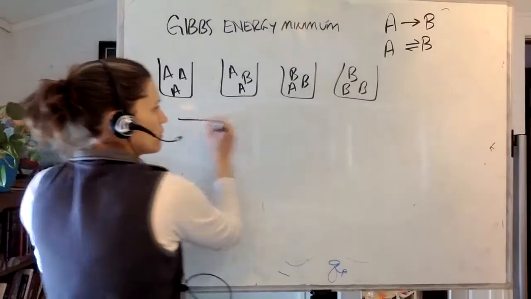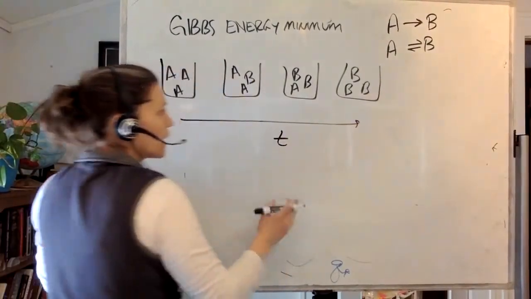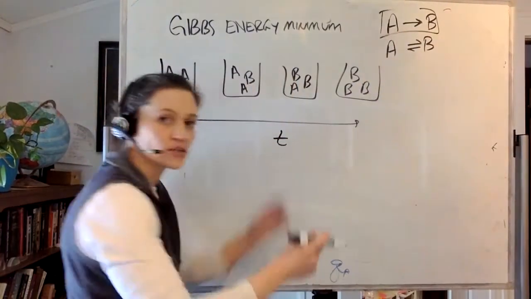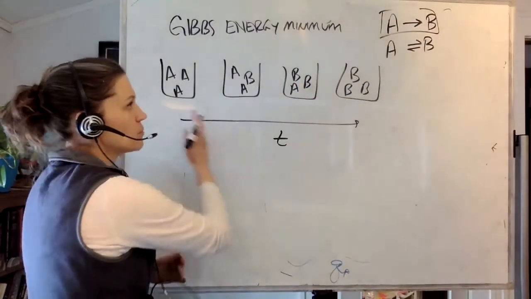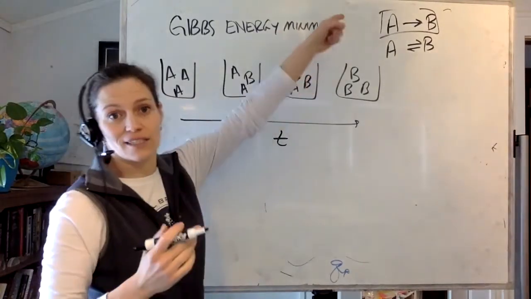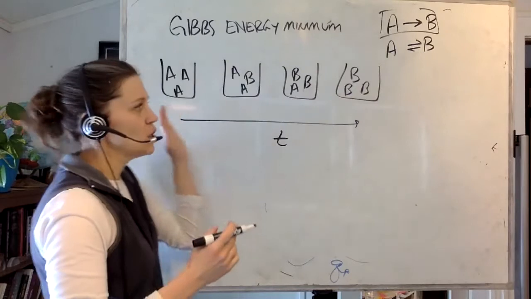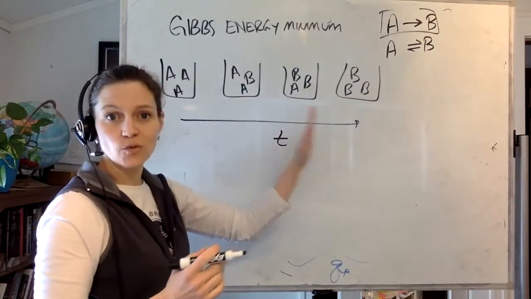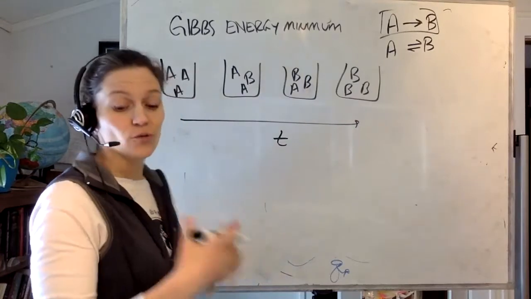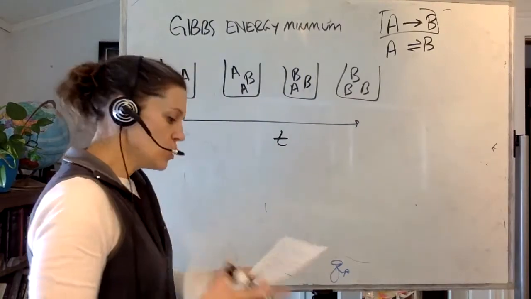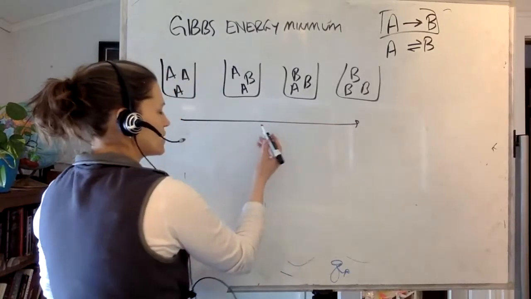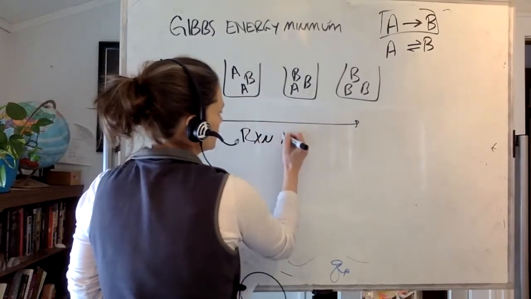So if this is a time domain, and you start and then you end here, that would represent this first A goes completely to B. But hopefully by now you know that it's very rarely the case. Typically you've got somewhere in between pure A and pure B is where you will find equilibrium. So instead of saying this is like a time domain, let's call this a reaction progress